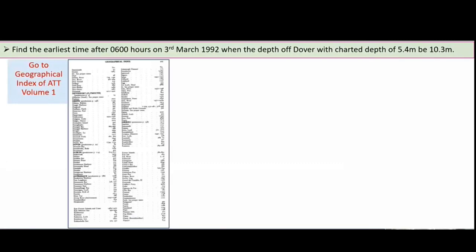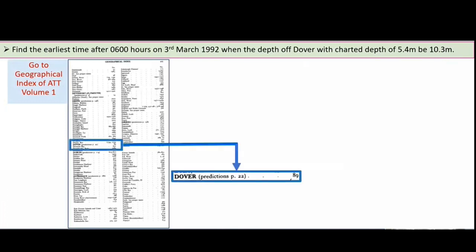So we repeat the first couple of steps. We go to the geographical index of ATT volume 1, alphabetically arranged, reach Dover. And what do we find? Dover is in capital letters and in bold. Its number is 89. By virtue of being in capitals and bold, Dover is a standard port whose predictions are